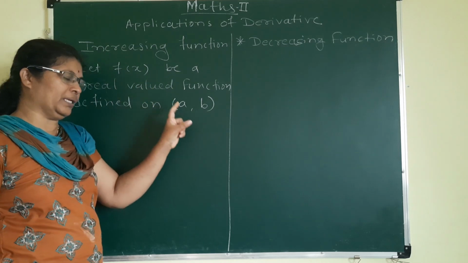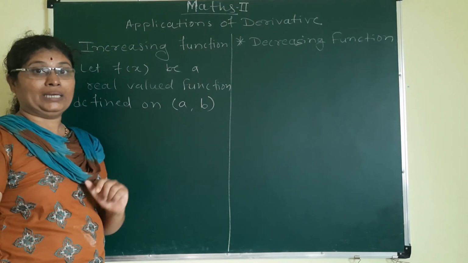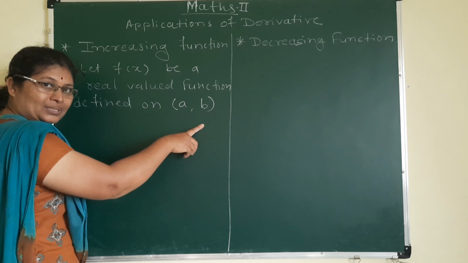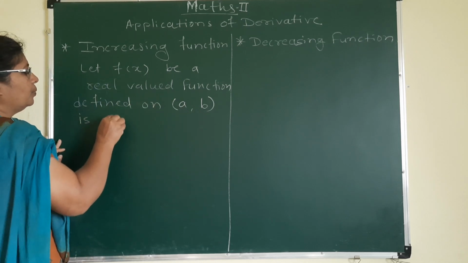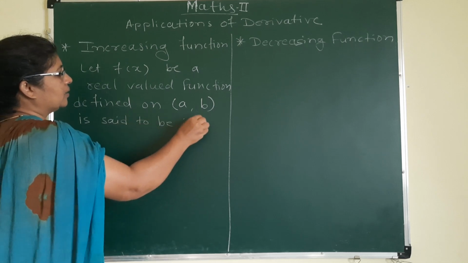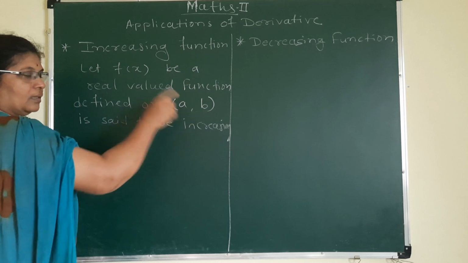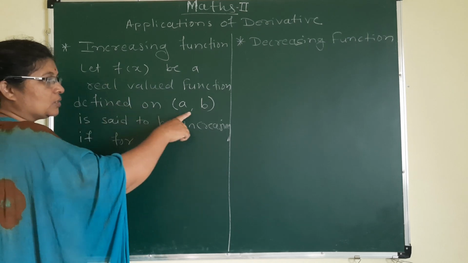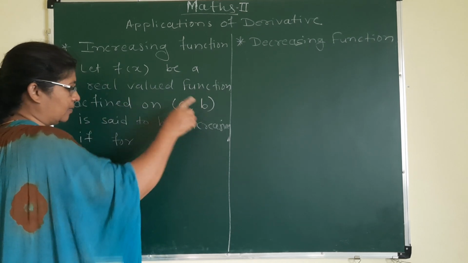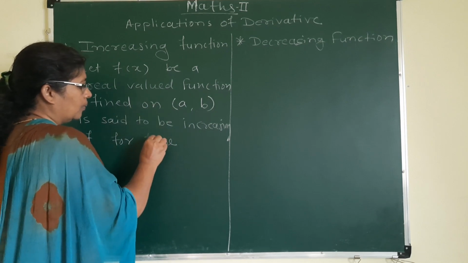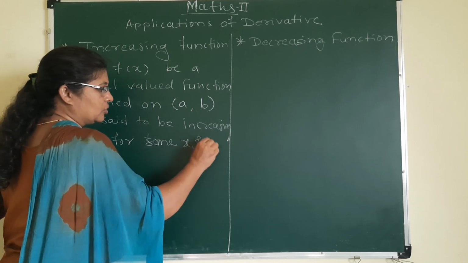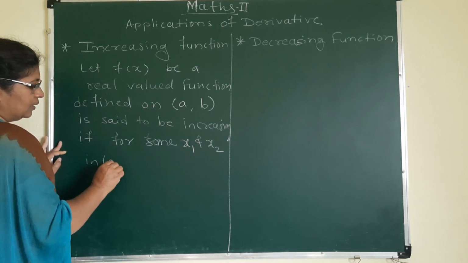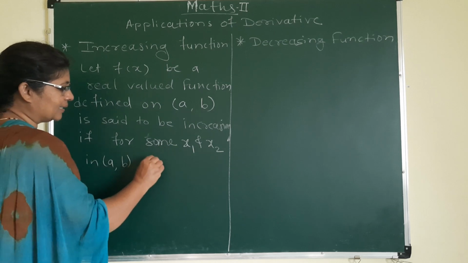Now this function f of x is said to be increasing on this interval if for some x1 and x2 belonging to this interval a comma b, such that